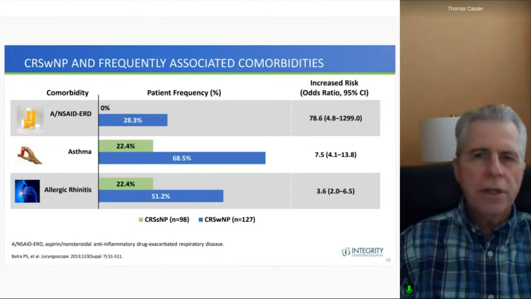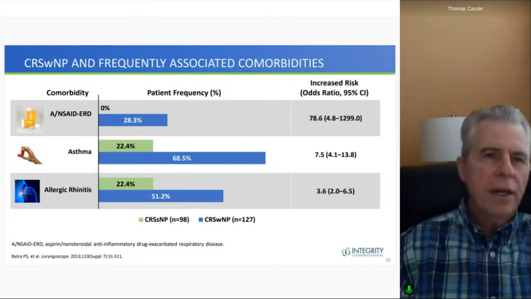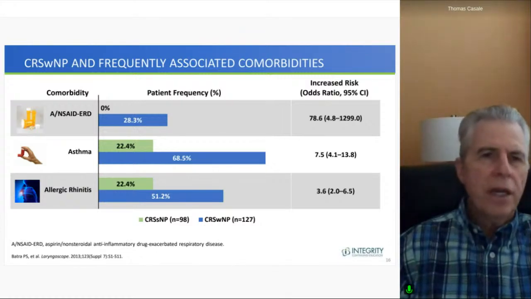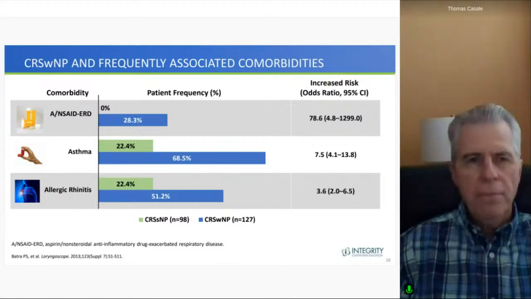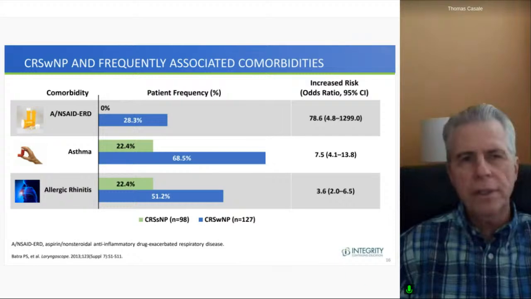And you could see the increased odds ratio for each of those, with aspirin sensitivity being extremely more common. So that if you have a patient that develops aspirin sensitivity manifested by respiratory symptoms, it's extremely important that you